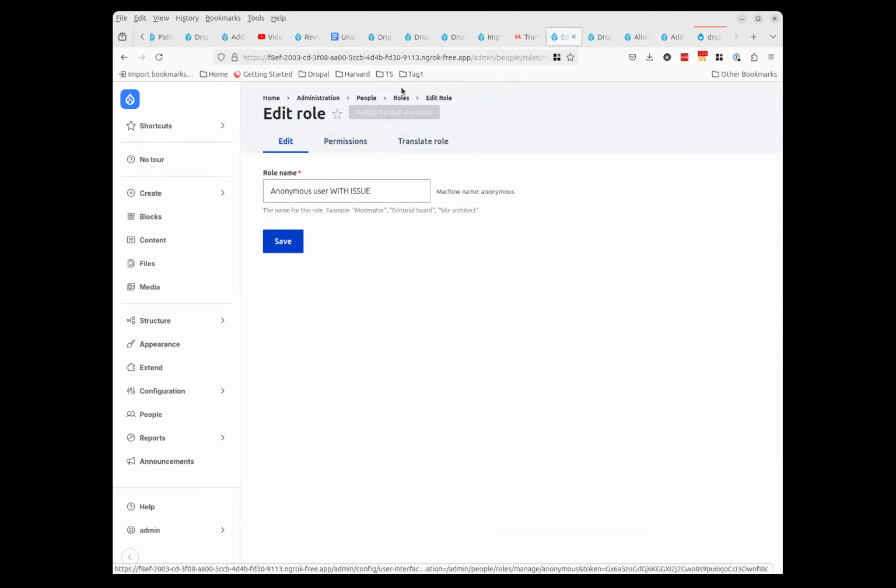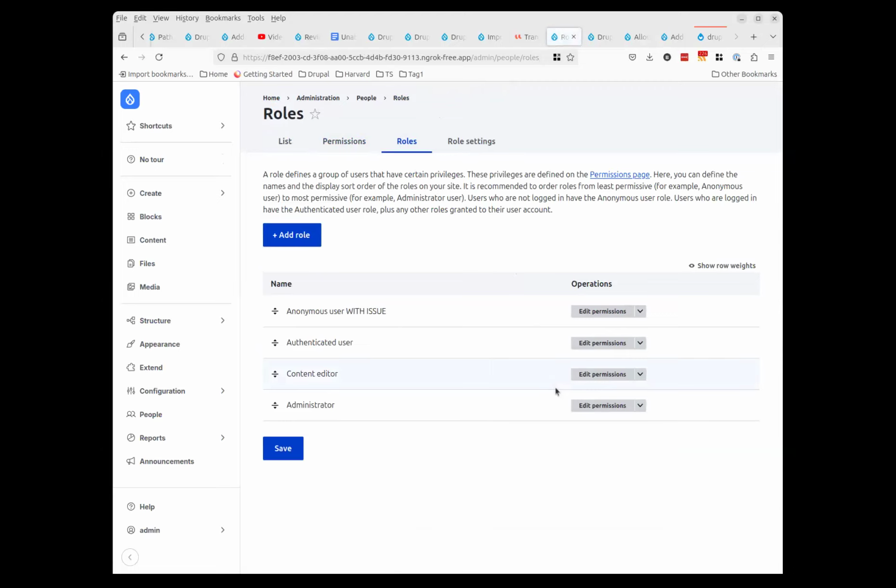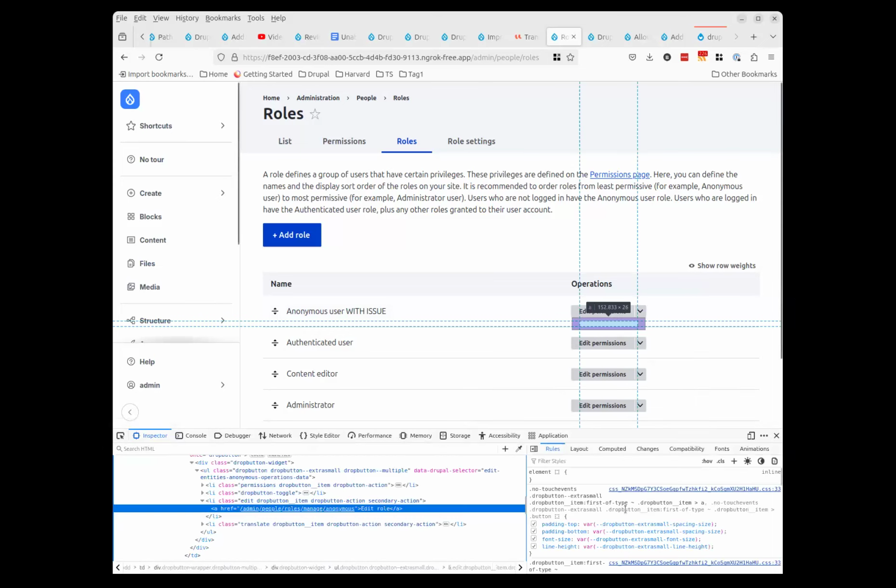For a screen reader it says edit anonymous if it's the button for anonymous user, but when the patch changes it into edit permissions, then it looks like it doesn't. So the context, which role the button is about, is kept, but the operation is dropped. Yeah. Okay. Yeah, that should be fixed.